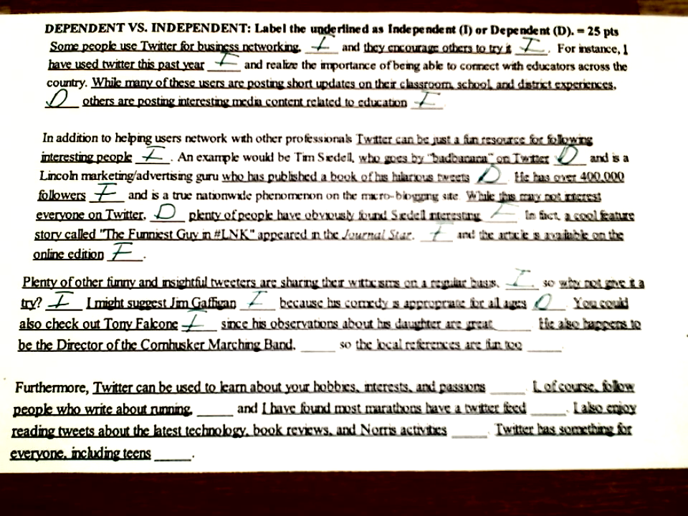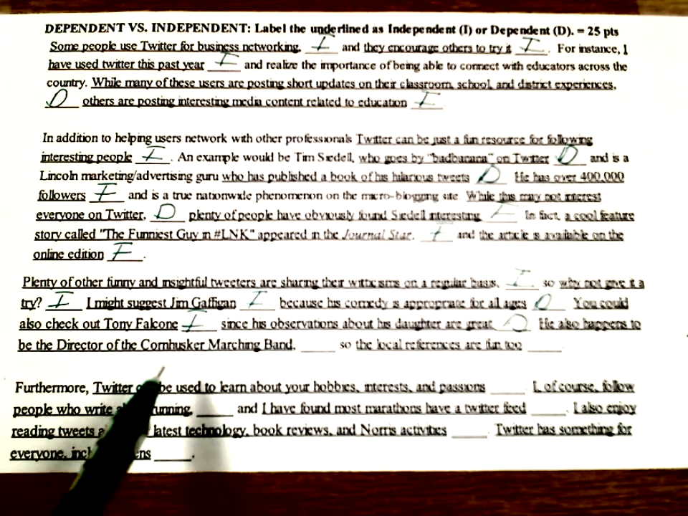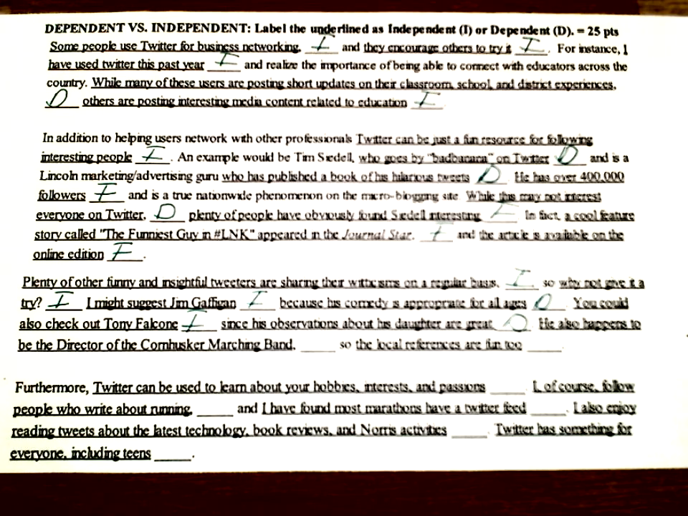The next one, since his observations about his daughter are great. Okay, if you just pull that out of the sentence and say it to yourself, since his observations about his daughter are great, that cannot stand alone. So it's a dependent attaching itself to an independent. It's important to note that there's no comma there because the dependent's coming after the independent. We're going to talk about